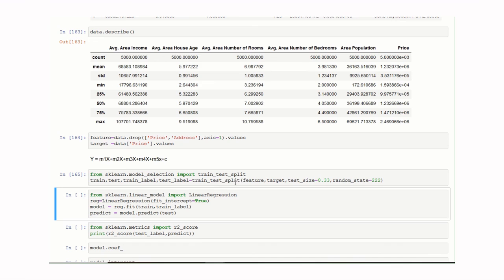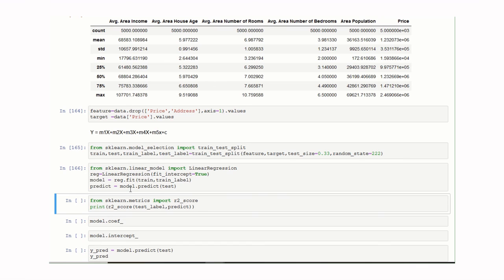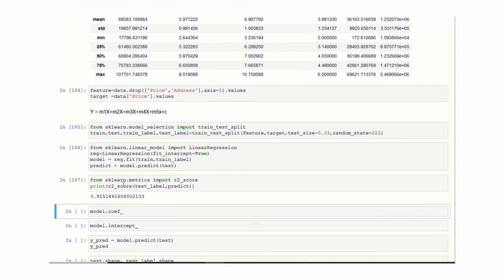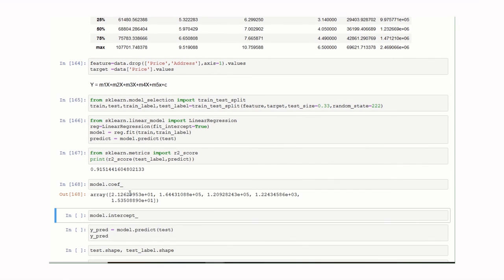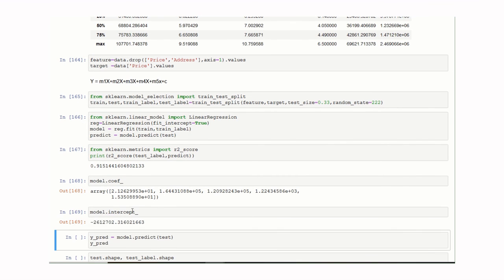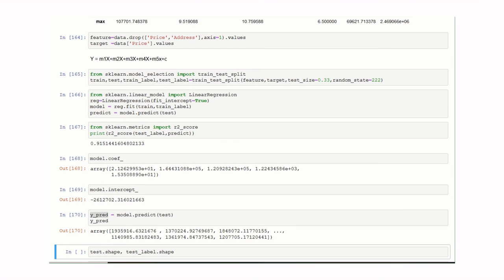Here we are passing the data set into the train and test split to come up with the train and test data. Here we are passing training data to the linear regression model to find out the respective slope and intercepts. By using the slope and intercepts, our linear regression model finds out the test accuracy. And these are the respective slopes and this is the respective intercept. Like this, you can predict the continuous values using linear regression model.